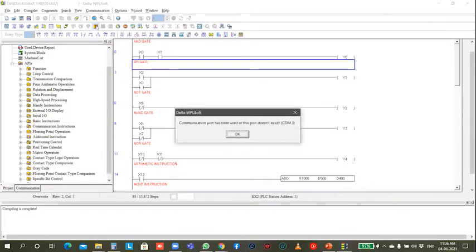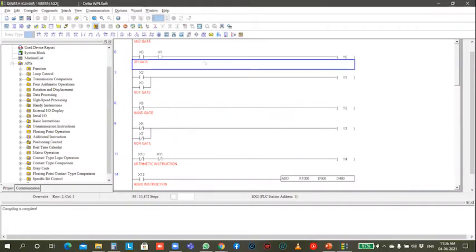It means if you are connecting through the PLC, you can monitor the whole program through the ladder monitoring system. And this is a run button. This is a run stop. That means if you are simulating the program, you have to run it or you have to stop it.